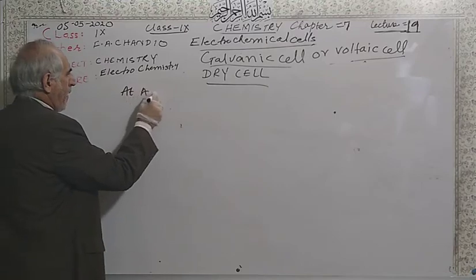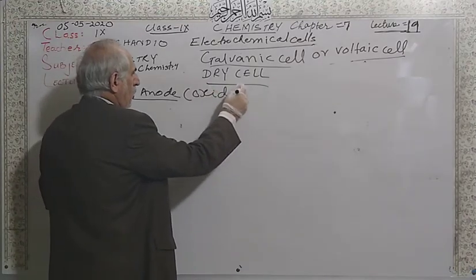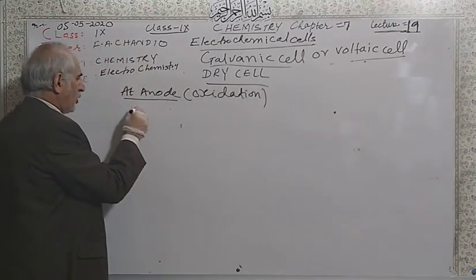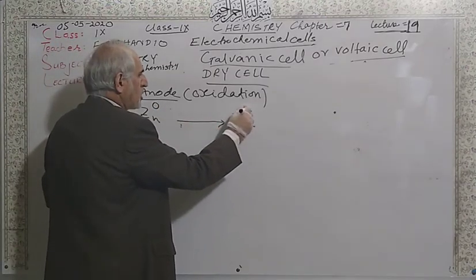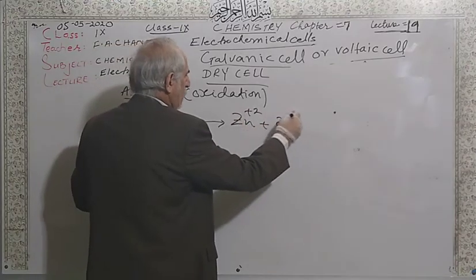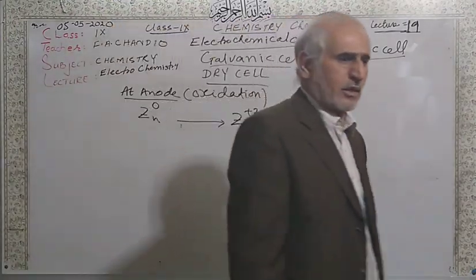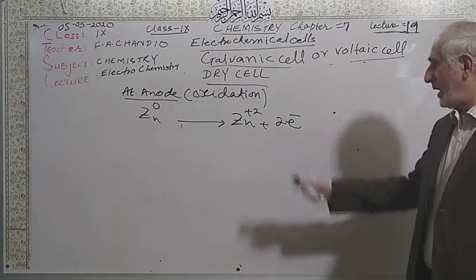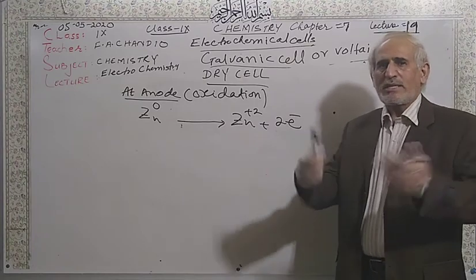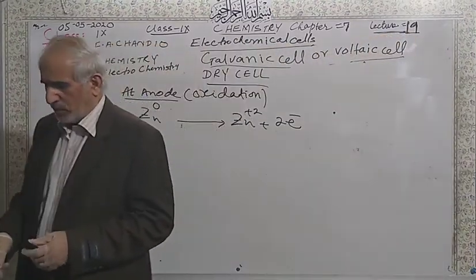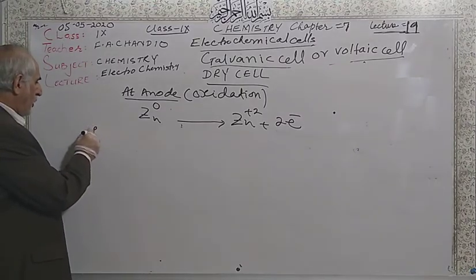At the anode, always oxidation. I told you zinc acts as an anode, and by the loss of 2 electrons, zinc becomes zinc positive 2. So this is a loss of 2 electrons, so zinc changes into zinc ion gradually. When it works, there are many qualities of this cell, I'll explain them to you. Zinc is changed to zinc ion, so slowly and gradually the zinc container is going to dissolve. Then there is the cathode.